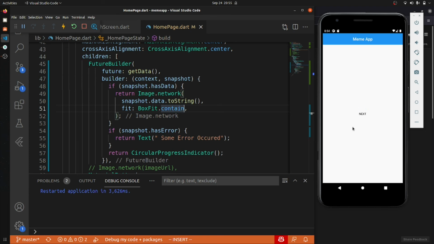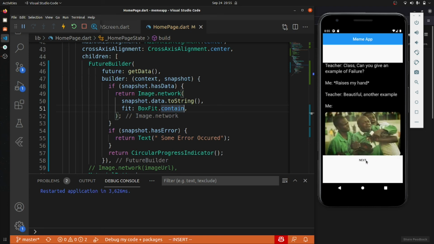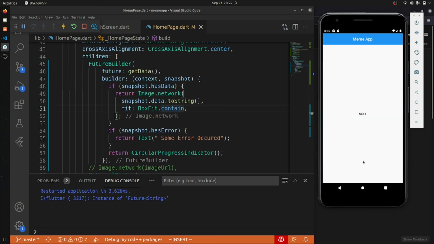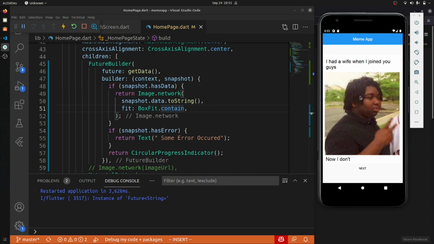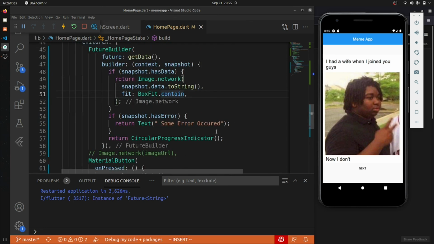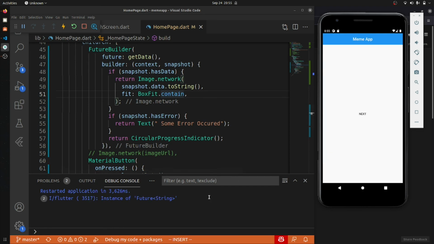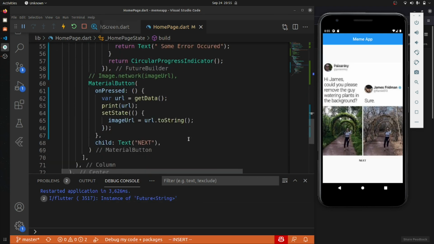If I click on this, it's taking us to a new page. So you can try to add some scalability to this. In the next video, I will try to add a button that can share this whole meme to any person that you want. So we are getting everything that we want. That's all for today. Thank you, have a nice